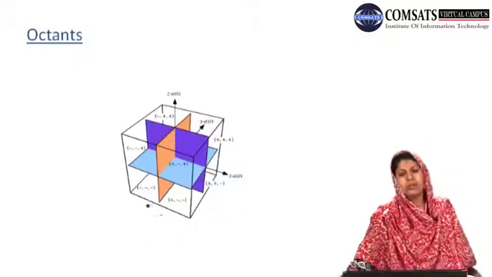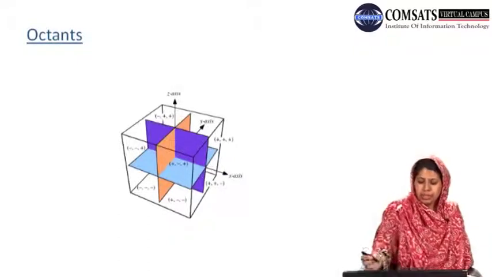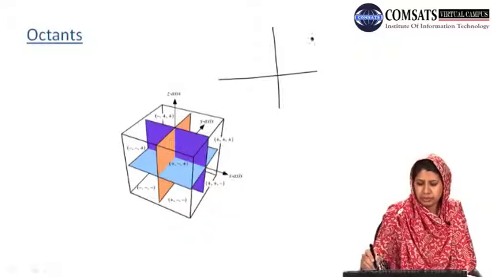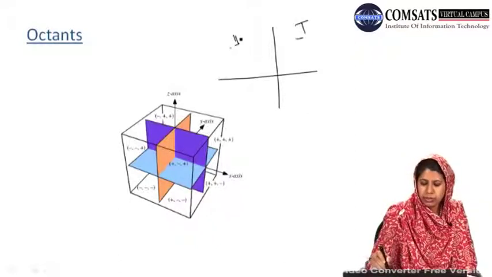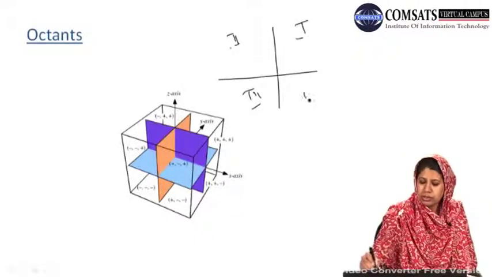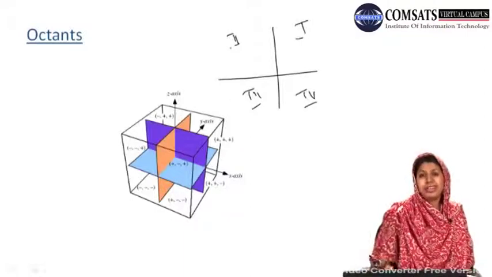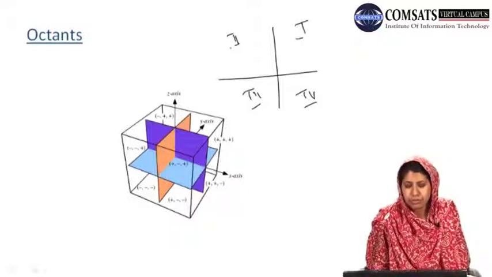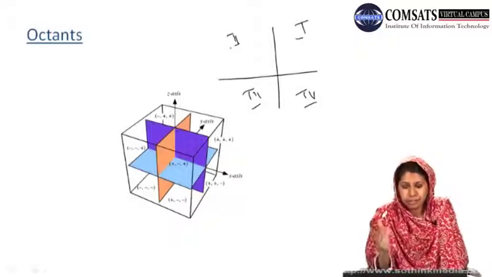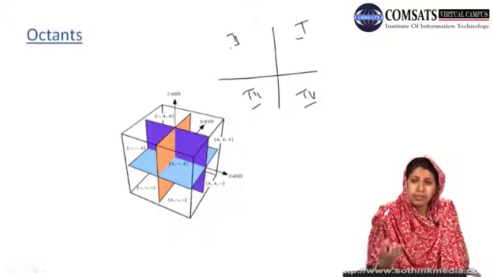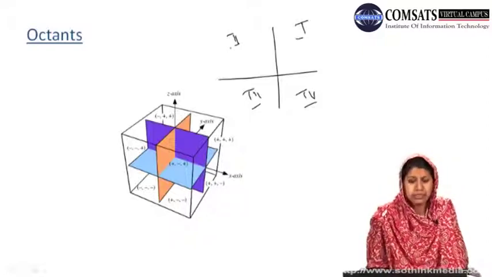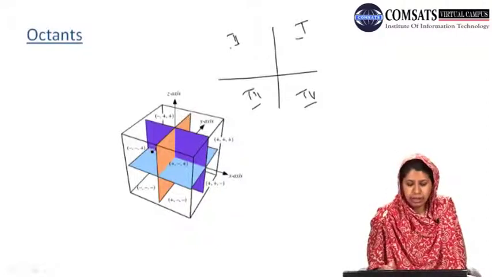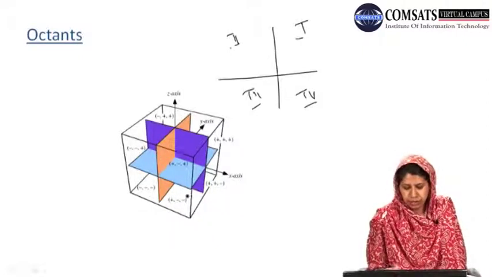Okay, now as in the case of 2 dimensions, we had, if we remember, quadrants, that is first quadrant, second quadrant, third quadrant and fourth quadrant, rotating counterclockwise. Then in the case of 3 dimensions, we also have partitions, but now we have octants, that is now we have 8 regions. How? 4 up and 4 down.